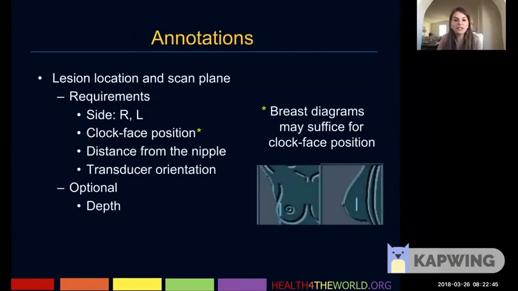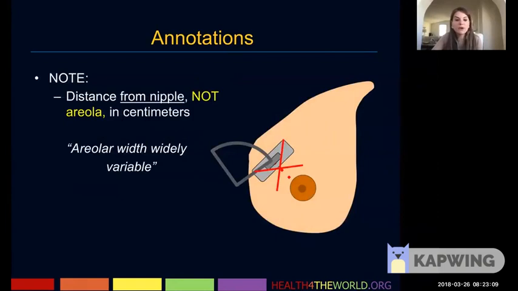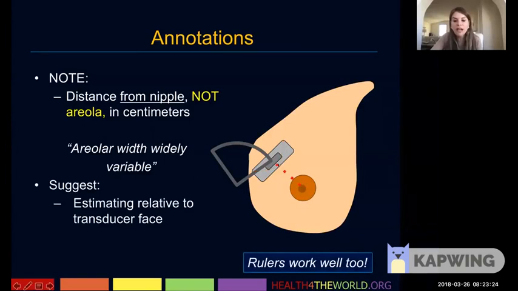So when we talk about annotations, you want to give a lesion location and the plane in which you're scanning. It's required that you document which breast this is, the right or the left, the clock face position, the distance of the lesion or where you're taking your image from the nipple, the transducer orientation, and optional to document your depth. I just want to make a note that when we document the distance of a lesion, it's from the nipple, not the areola. So how this graphic representation, this is incorrect. This would be documenting from the areola. We want to document from the nipple as we have here, and that's because the areola width can be widely